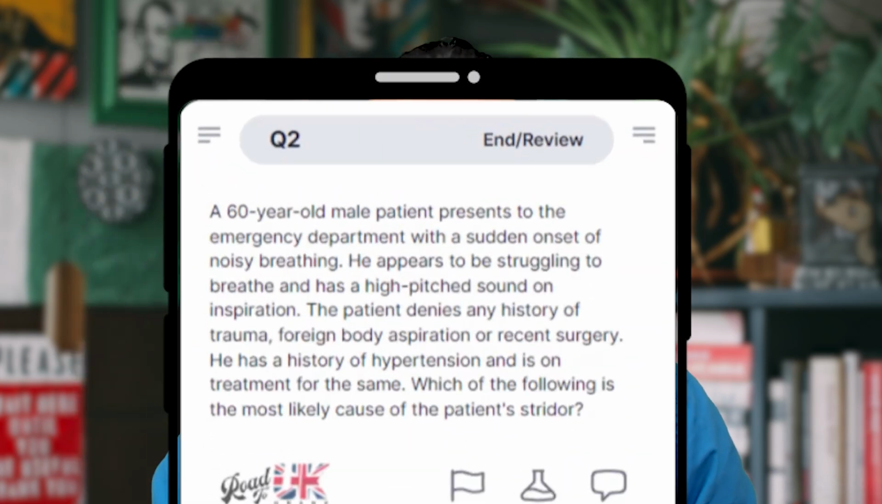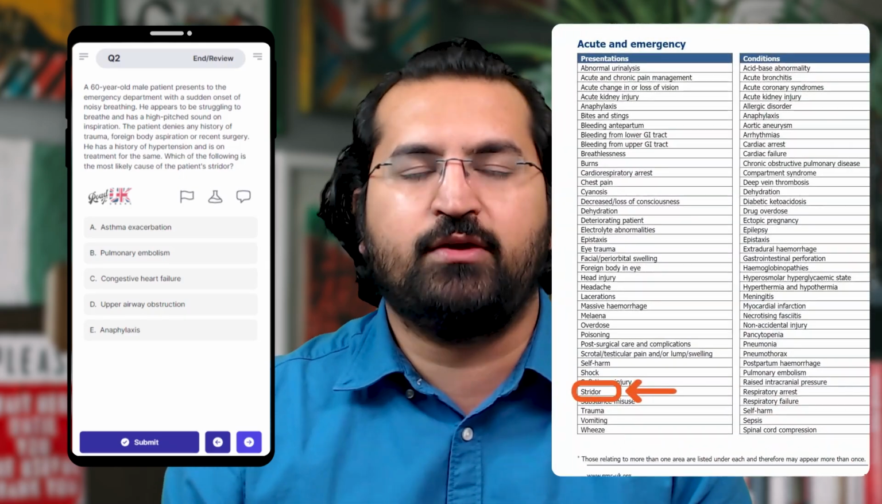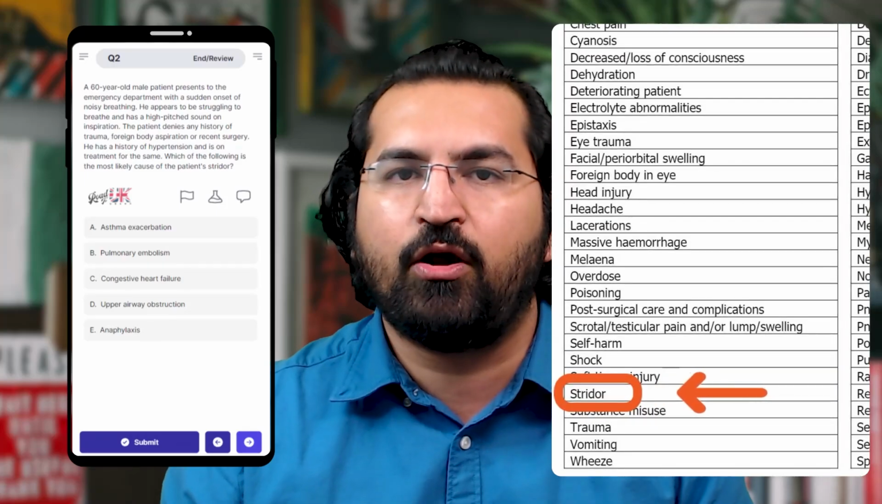Moving on to the next question, you will find that this entire scenario is made around stridor, which is a presentation identified in acute and emergency areas of clinical practice in the MLA content map. So this way, we have actually gone through each and every presentation and each and every condition mentioned in the MLA content map and crafted a meticulous clinical scenario around it to present to you, so that it's giving you the knowledge and idea about how clinical practice is structured in the NHS, as well as enriching your